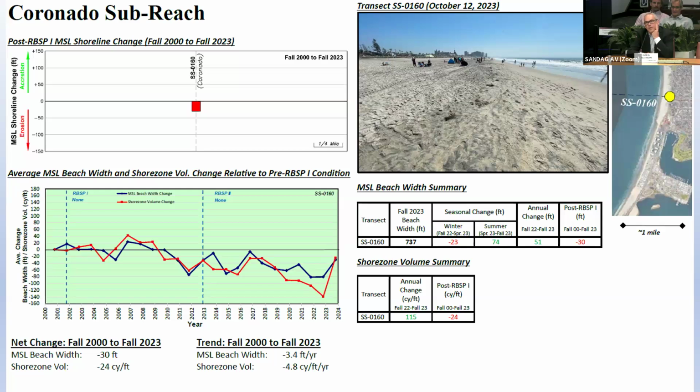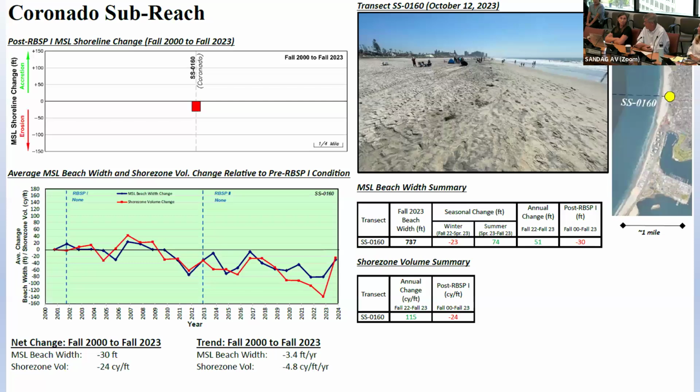Okay, fair enough. I mean, you do have an underlying erosion rate, but you also have a 700-foot wide beach. Right, yeah, and I wanted to address that. I think right now you measure at Center Beach.